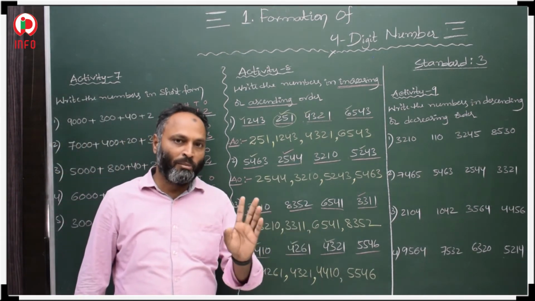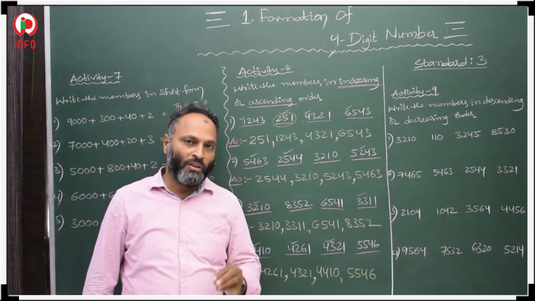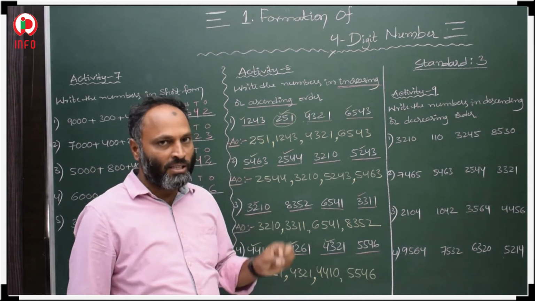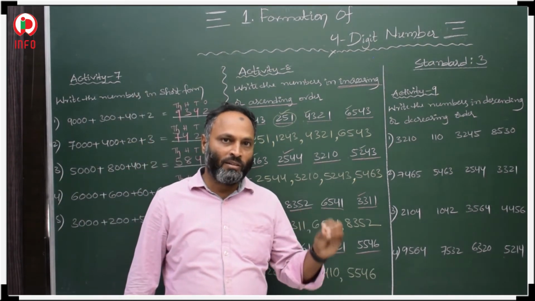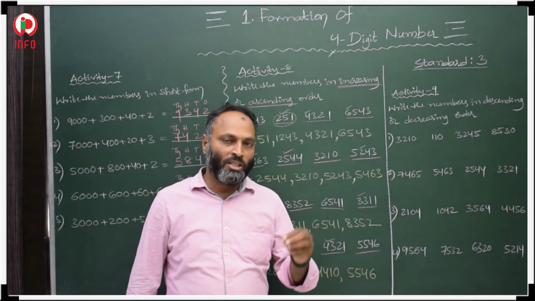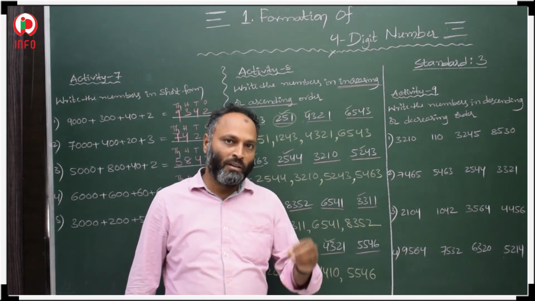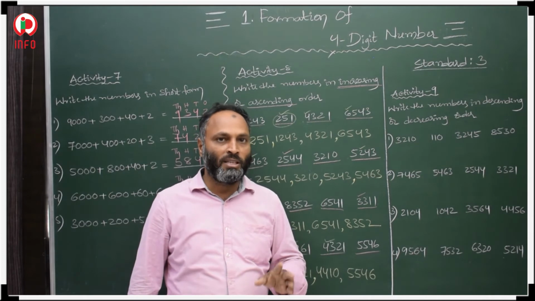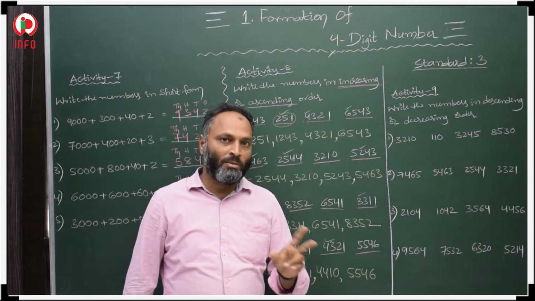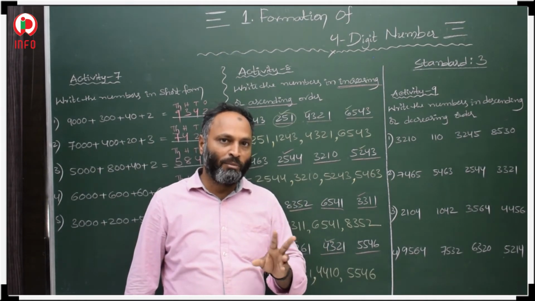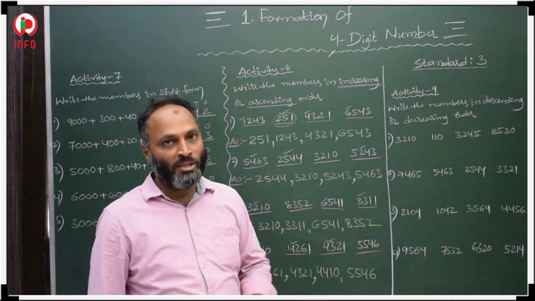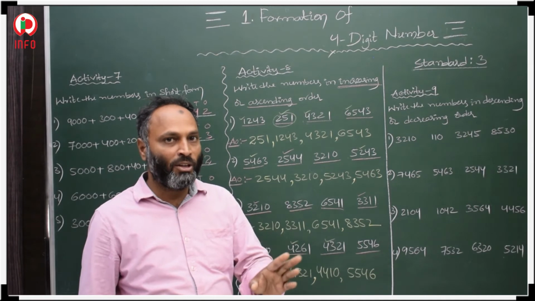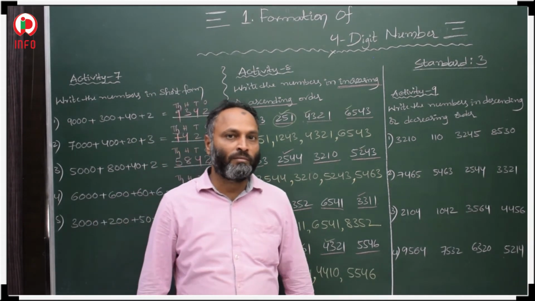First we have to count the number of digits. If the number of digits is less, that is the lesser one. If equal digits are there, we go for thousands places: the bigger value in thousands place is the bigger number and the smaller value in thousands place is the smaller number. If equal numerals are there in thousands places, then we go to check hundreds places. In hundreds place, whichever is smaller, that number is smaller.